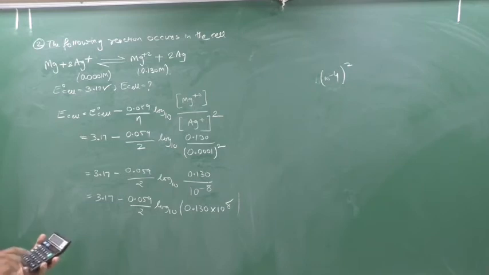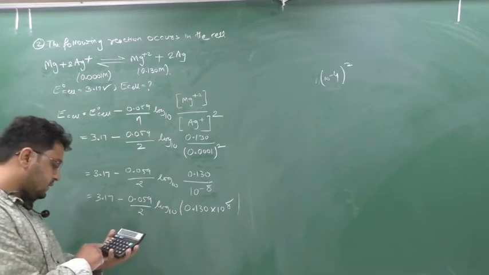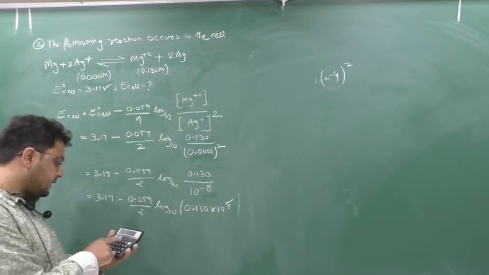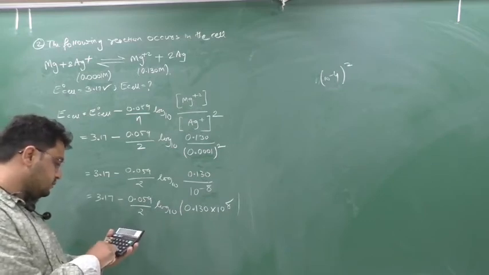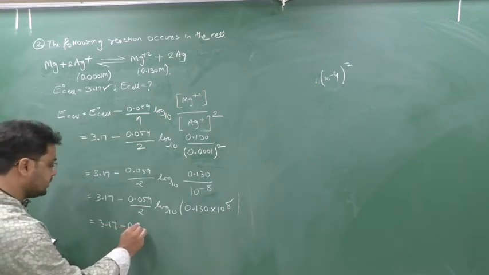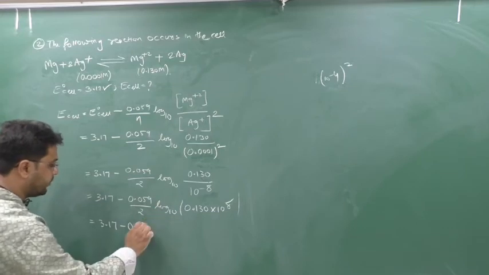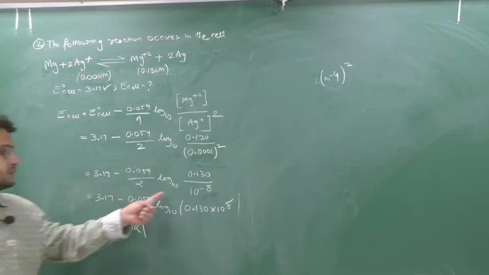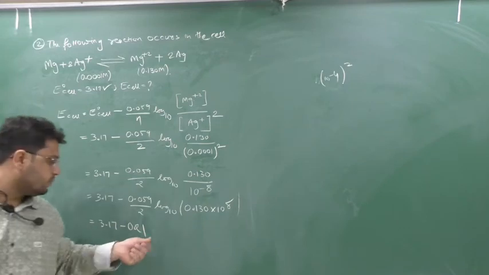Okay, now I will go and find the log. Log means 15 times roots, 1, 2, 3, 4, 5, 6, 10, 11, 12, 13, 14, 15. Minus 1 divided by 0.00007. So I got this answer, log multiplied by 0.059 divided by 2. So 3.17 minus 0.209, and I am rounding off, that is 1. So if you solve this much, you should get the answer 0.21.